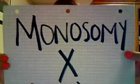Approximately half have monosomy X, which means the 45th chromosome only carries one X chromosome, where there should be two. Now, let's define some of those big terms that I just spouted out. First, we have congenital lymphedema, which is a condition present at birth in which excess fluid called lymph collects in tissues and causes swelling, edema, in the tissues. Now, congenital lymphedema is due to a congenital malformation, which is a birth defect of the lymphatic